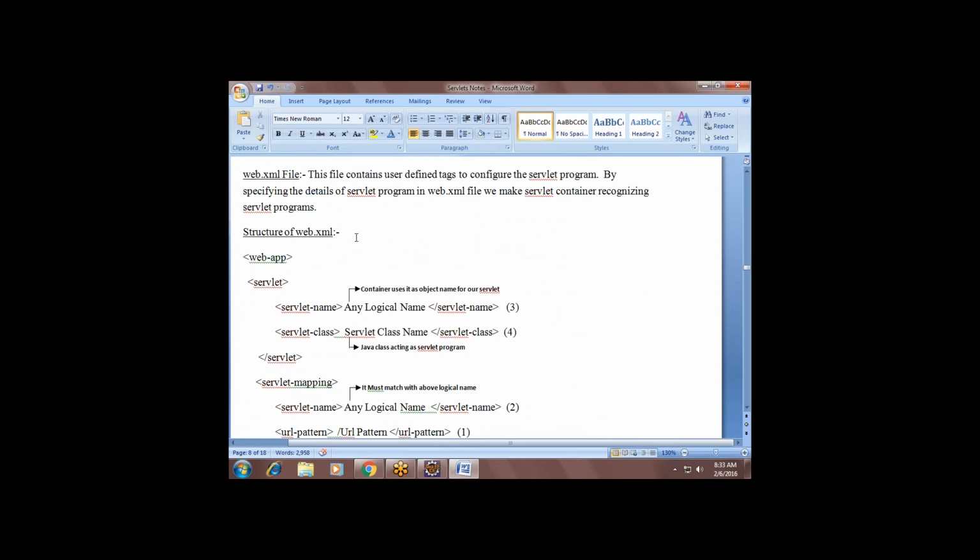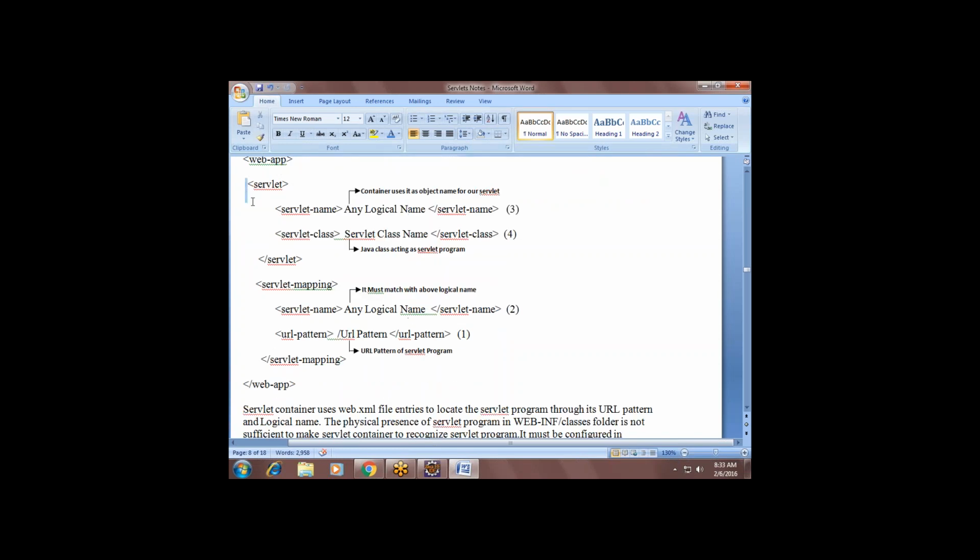The client makes a request with a URL pattern. You can simply call that URL pattern a hint value. He'll make a request with a hint value, and through that hint value, the web container will search for the corresponding servlet.